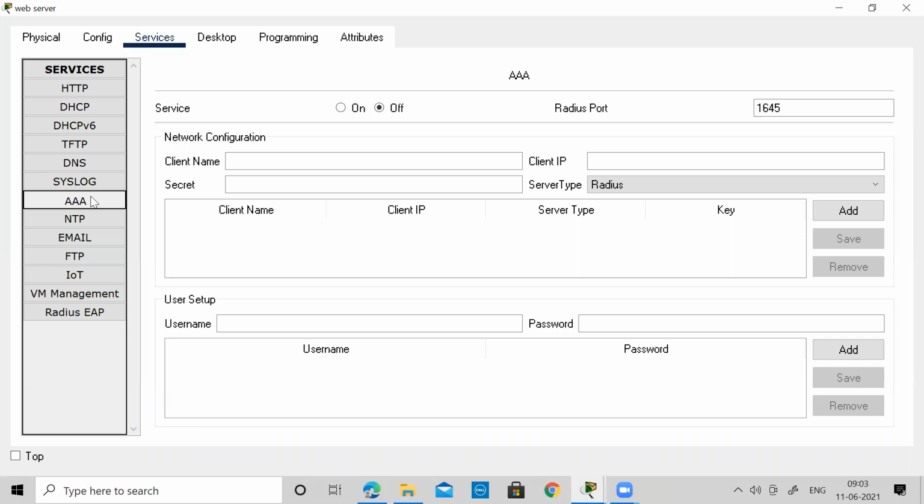Let's say in your network topology you have hundreds of devices. Now, for all these hundreds of devices, instead of directly going and configuring the security in each of them, you keep a username and password database in this server, and anyone who wants to access those devices will first have to authenticate with their credentials, and only then will they be given access. So you can have an authentication server over here.